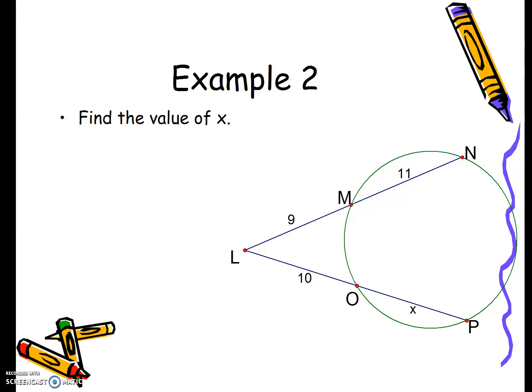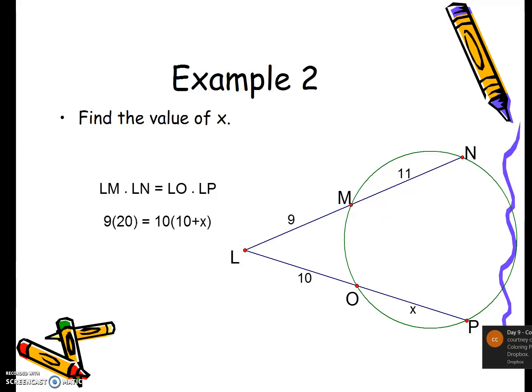So remember, it's always part times the whole. So the first one will be LM times LN. And then we'll do LO times LP, sorry. So when I do LM, it's still 9. When I talk about LN, I'm going to combine both 9 and 11 together to get 20. For the other piece, though, I have LO times the whole thing is going to be represented by the expression